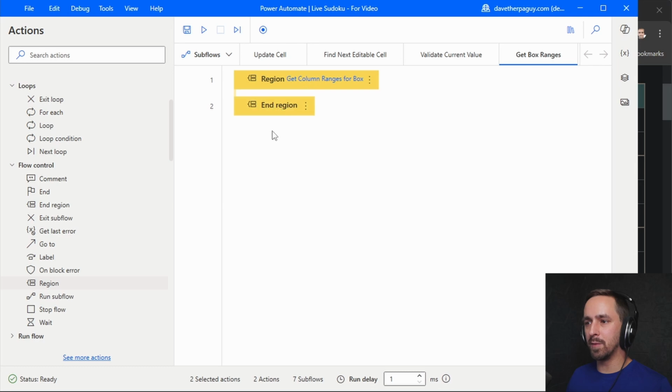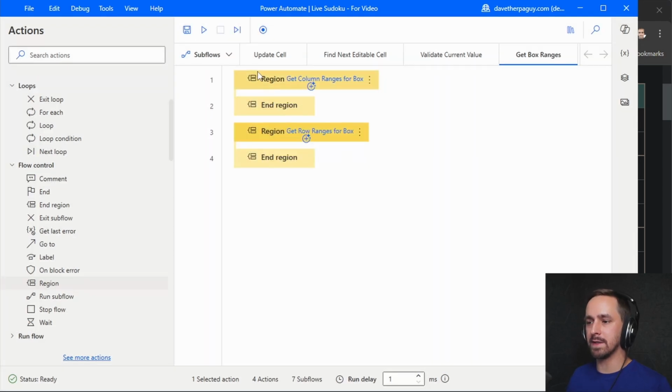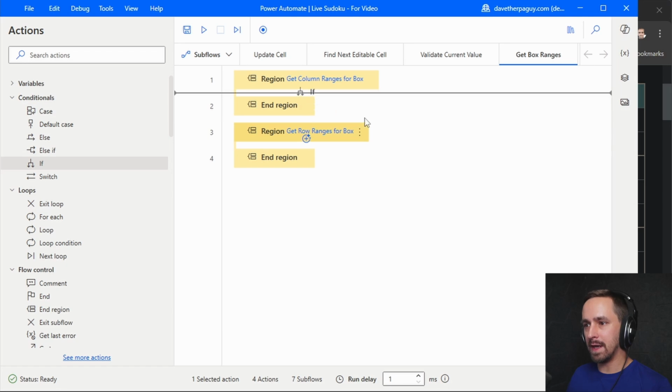And then I'm going to duplicate this. We'll call this one get row ranges for box. This just helps organize it because this is going to be a code that goes off the page. It's not that complicated, but it's going to be a number of lines. We could do a switch statement or an if statement. I don't think that really matters, actually. So let's go with if